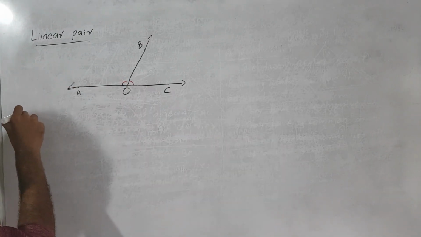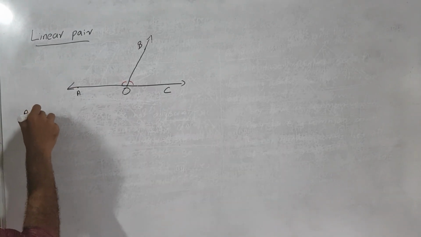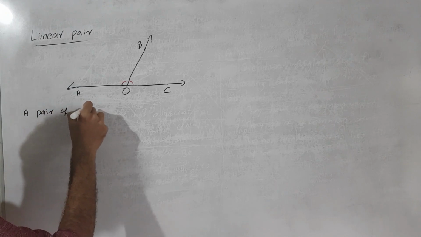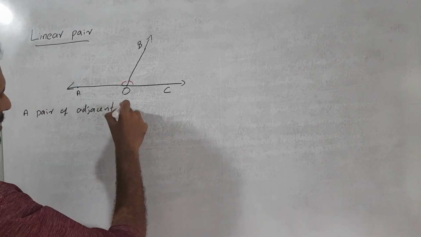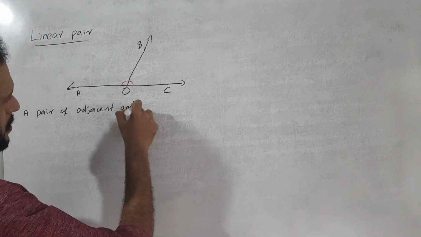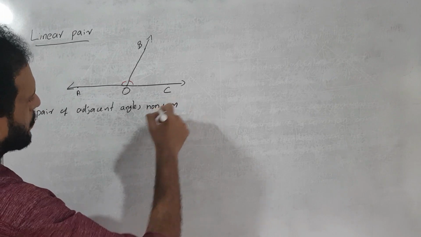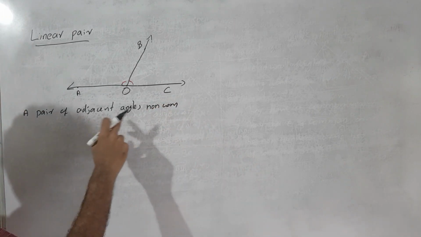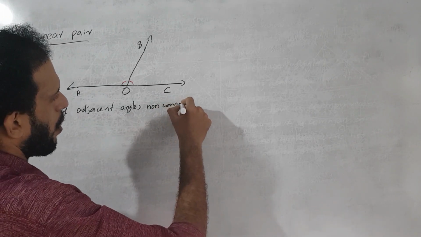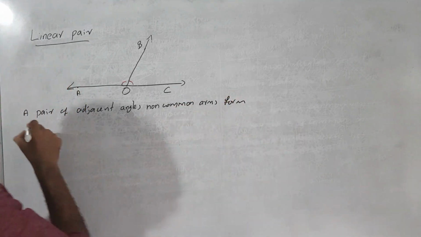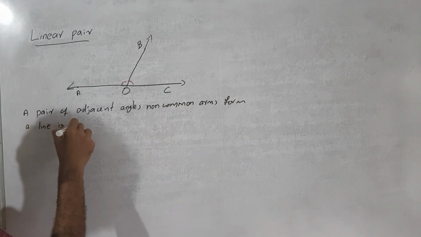And then what is a linear pair? Linear pair means a pair of adjacent angles, non-common arms. A pair of adjacent angles whose non-common arms form a line is called